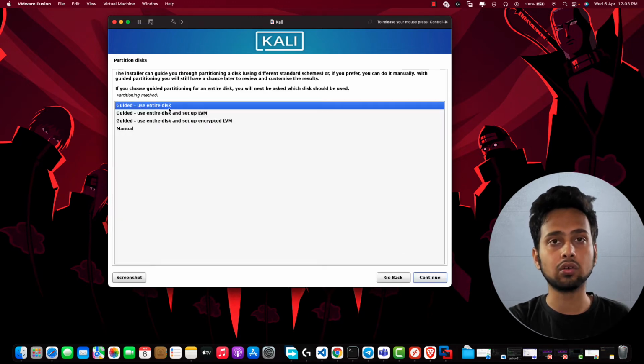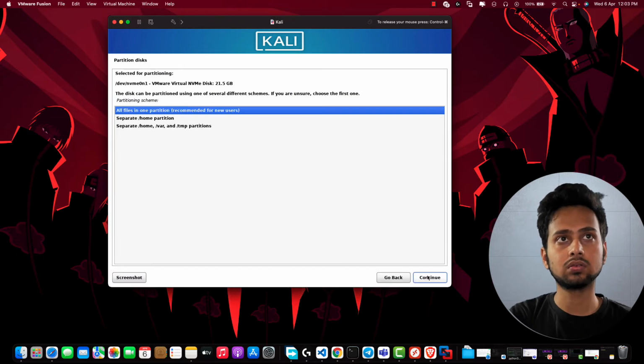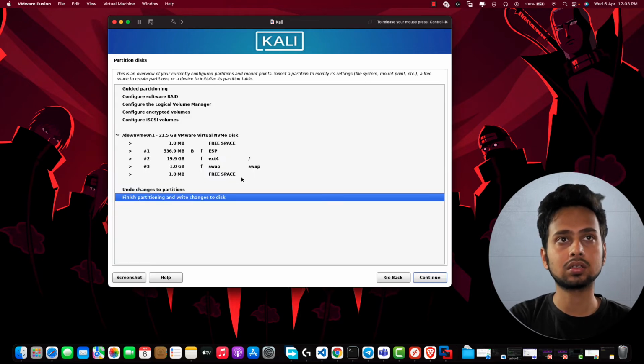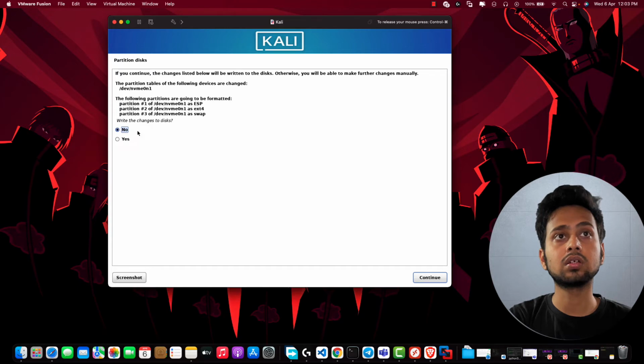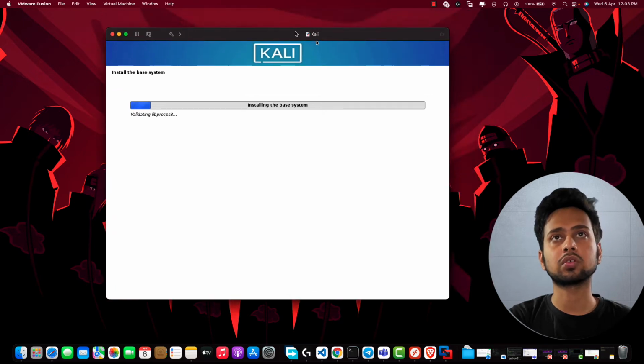So I will just go with guided use entire partition. Just go with it. Continue, all partition in one disk. Finish. Continue. Write the changes to the disk. Yes. Now the installation process has basically started,